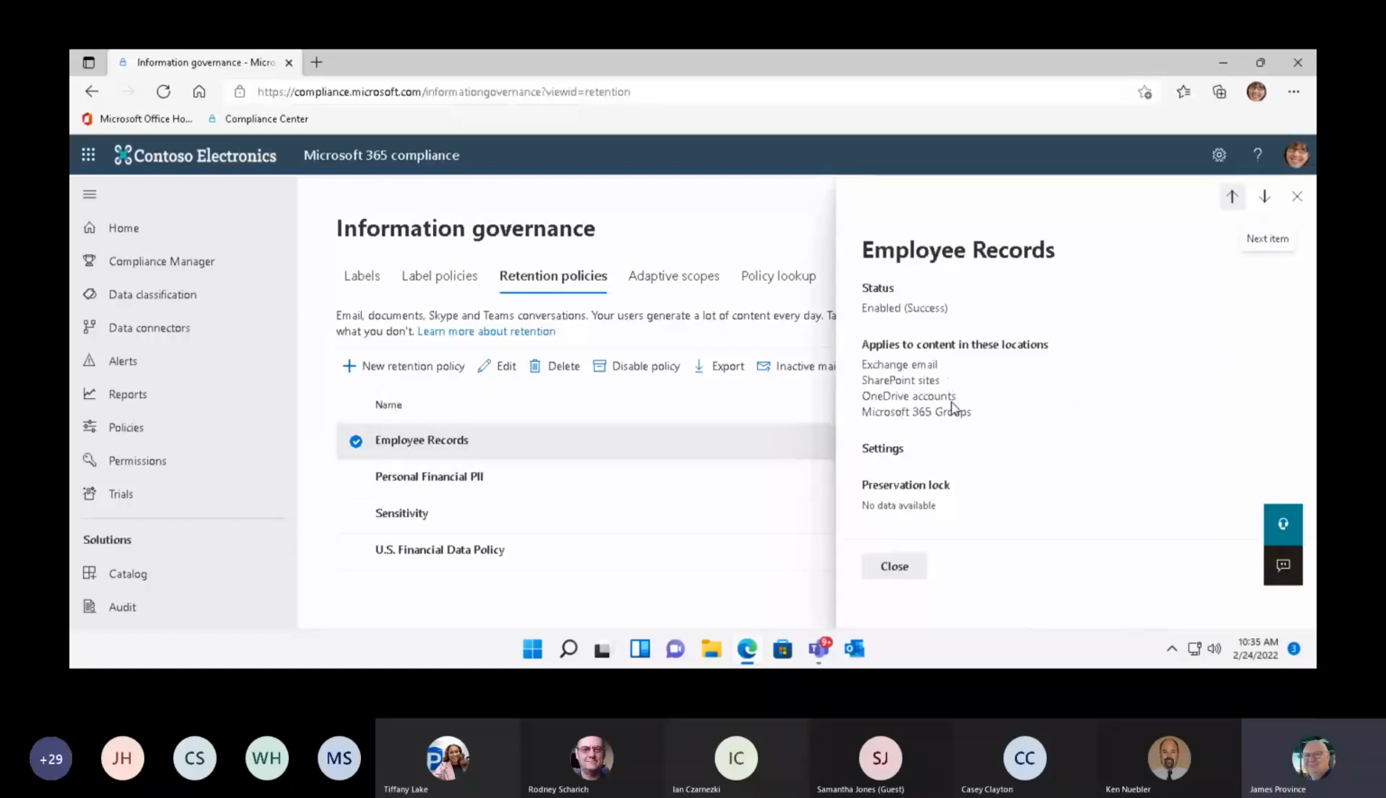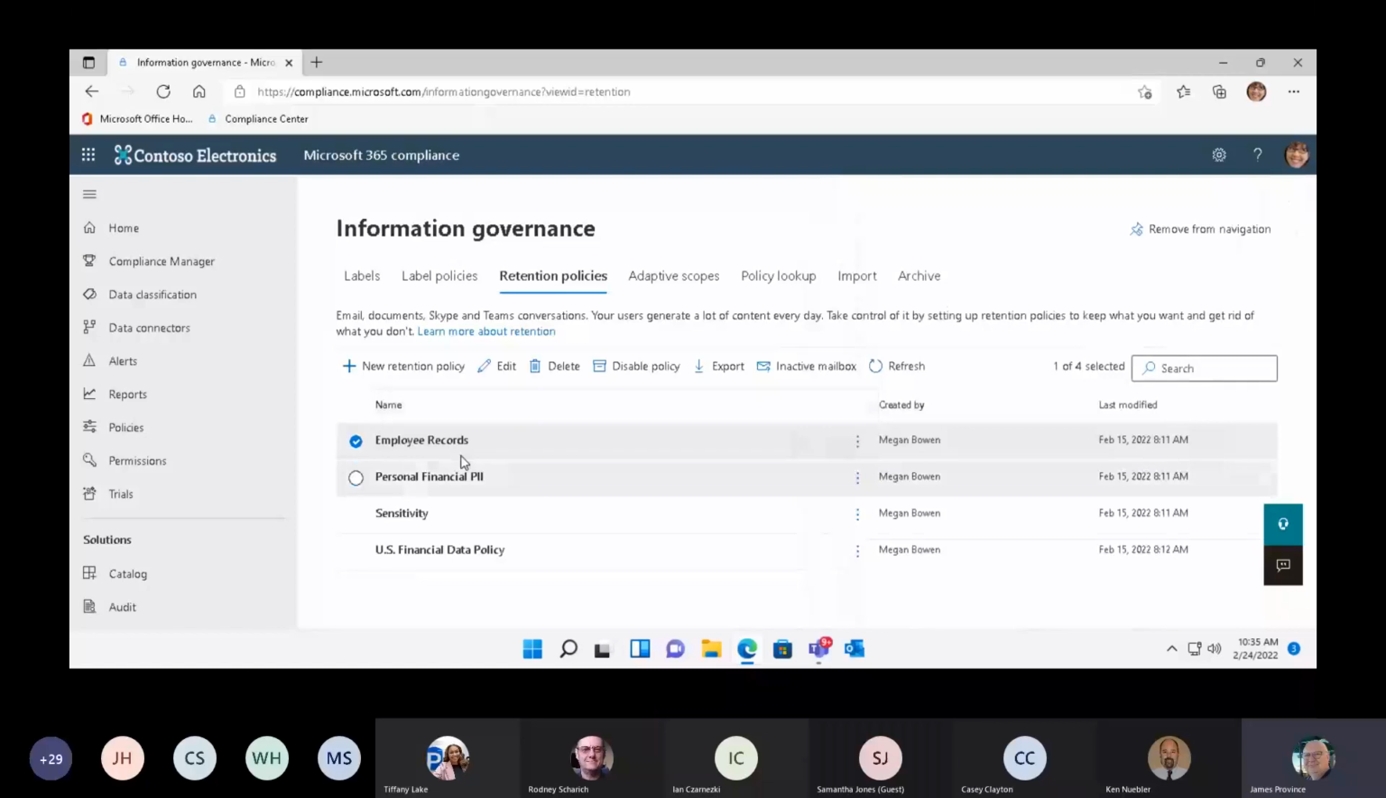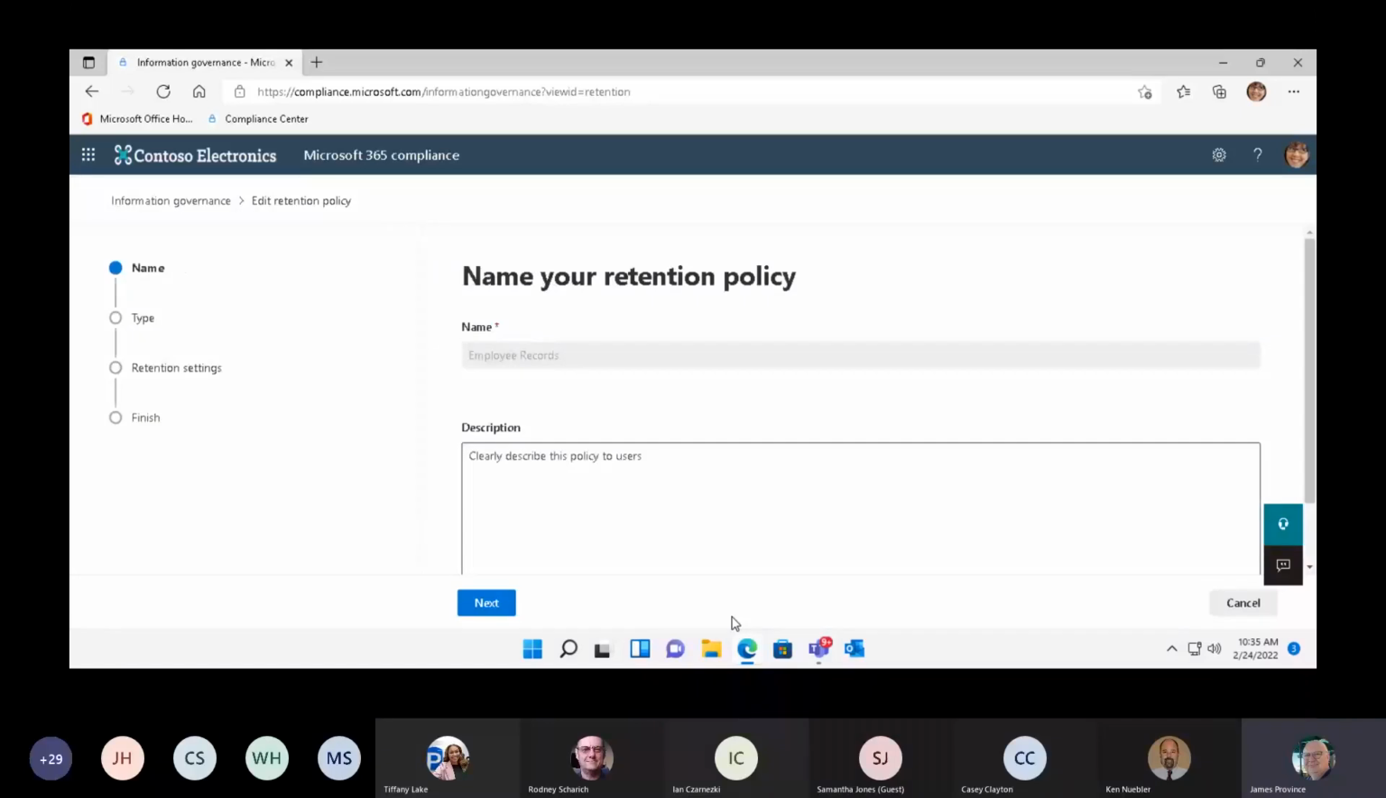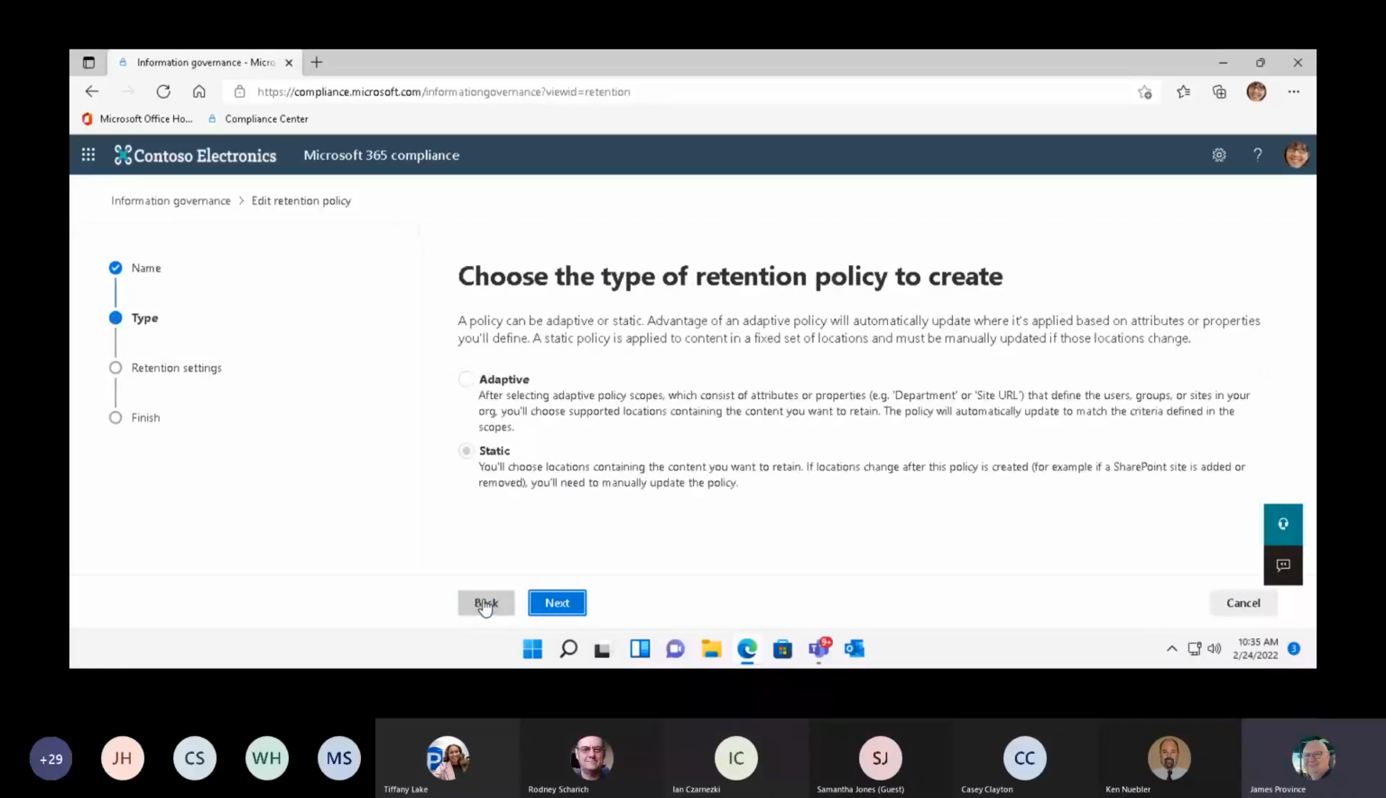We can see that this applies to certain areas, what the settings are, et cetera. But let's dig into it as an actual editing of this. So when I click into this, this gives us an idea of what was built around it, okay? So we go here, we click the type, and instantly we see we have an option for either adaptive or